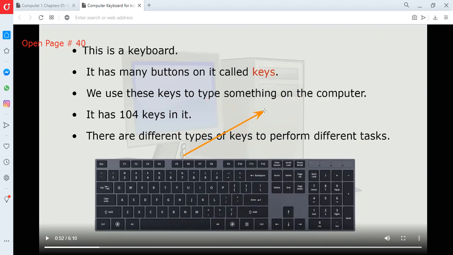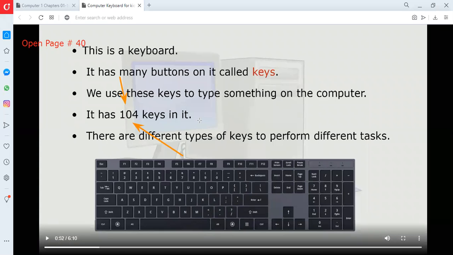Okay, so as I told you, there are many keys. How many keys are there on the keyboard? If you guys see, can anyone tell? 104. Good. Excellent. One hundred four.